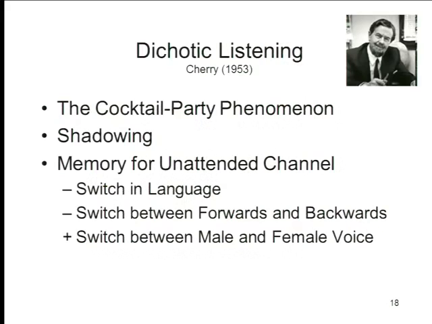Well, what Cherry did was to develop a laboratory model of this called dichotic listening, in which the subject had earphones put on his ears, and he or she was directed to pay attention to the message coming over one ear, but to ignore a competing message coming over another ear. So there are 2 messages, 1 to each ear, attend to one, and ignore the other one. And we know that they're attending to it because we ask them to actually shadow the message, that is, repeat the message that they're supposed to be attending to. People can do this, but what's interesting